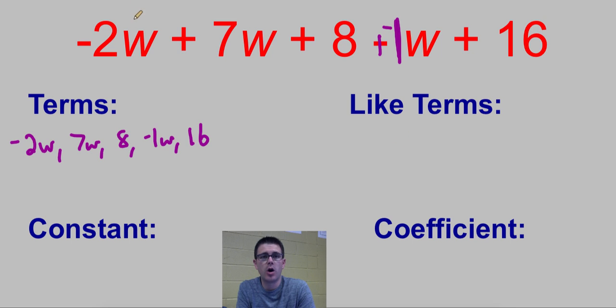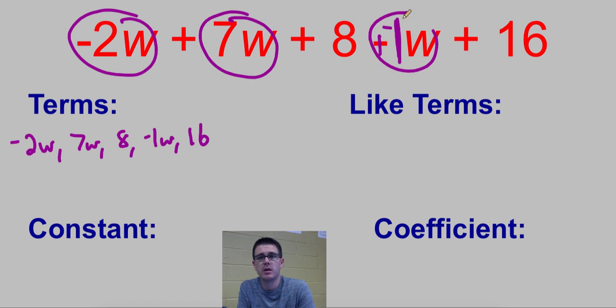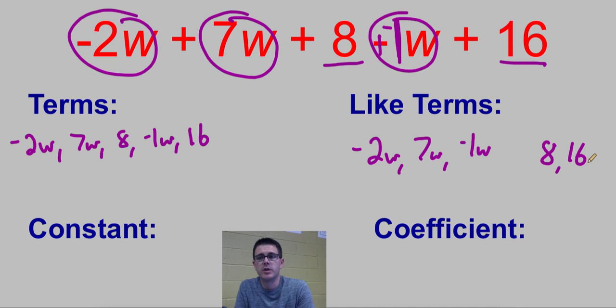So in this case, put all of our w's together. Negative 2 and 7, negative 1. So negative 2w, 7w, and negative 1w. Those are like terms, so we group them together. And then I have my plain numbers, 18 and 16. Those are going to be a separate group, because those each have the fact that they don't have a variable